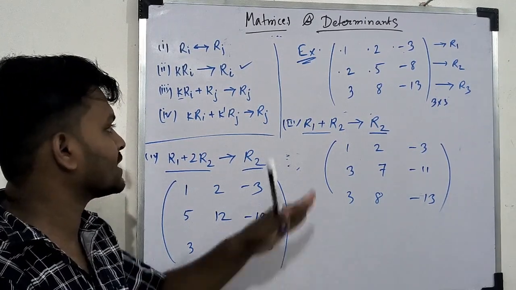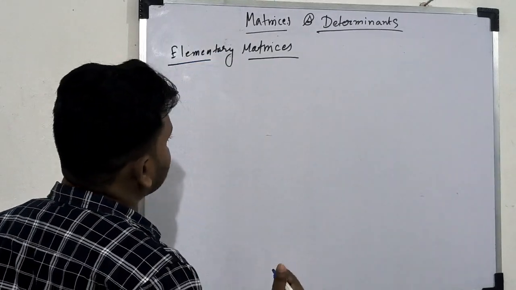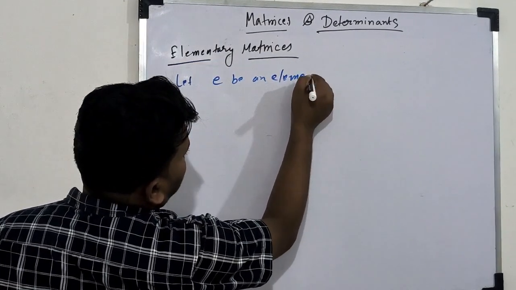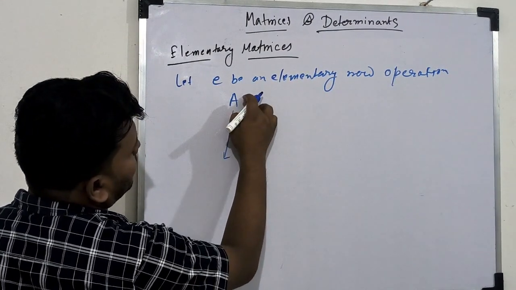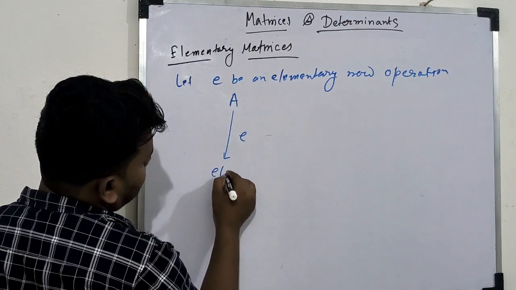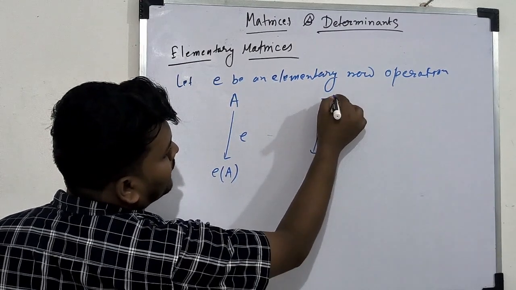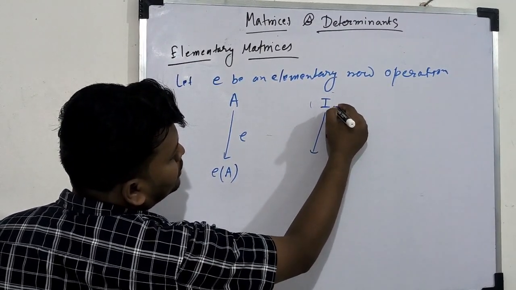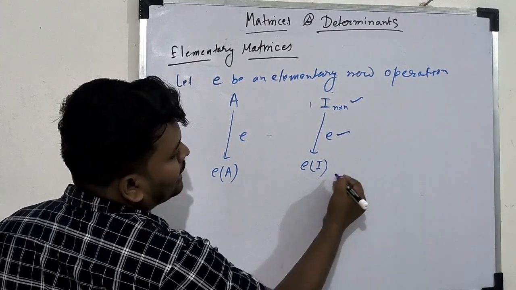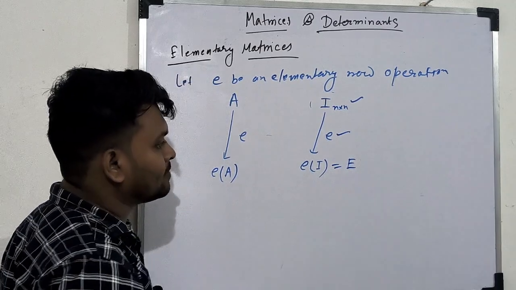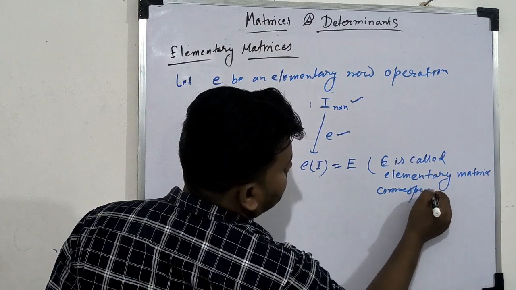So this is the example, and we apply this to operations. So now we will discuss elementary matrices. Let E be an elementary row operation, and if we apply row operations on a matrix A, then we get this matrix. And when we apply elementary row operations on an identity matrix, which is a square matrix, that is n cross n, this will become EI and it will be represented as E, and this E is called the elementary matrix corresponding to